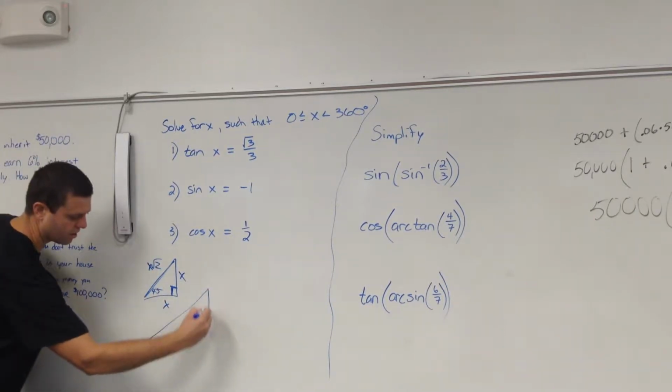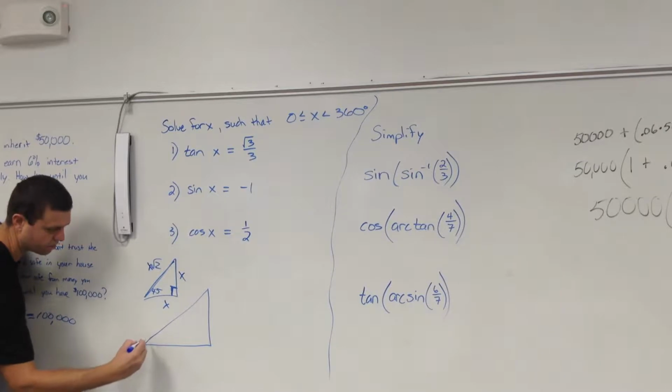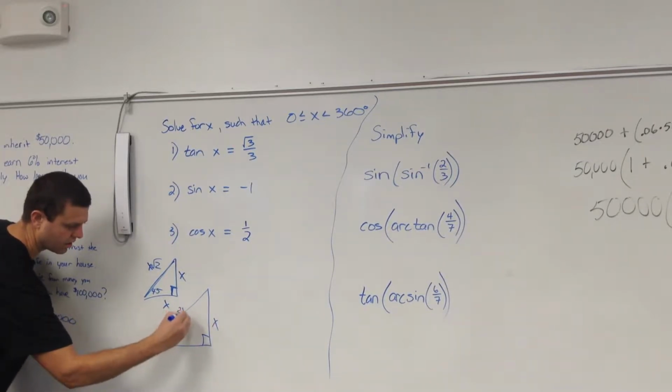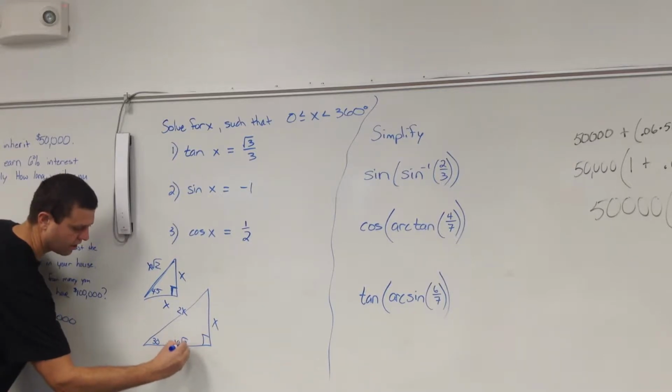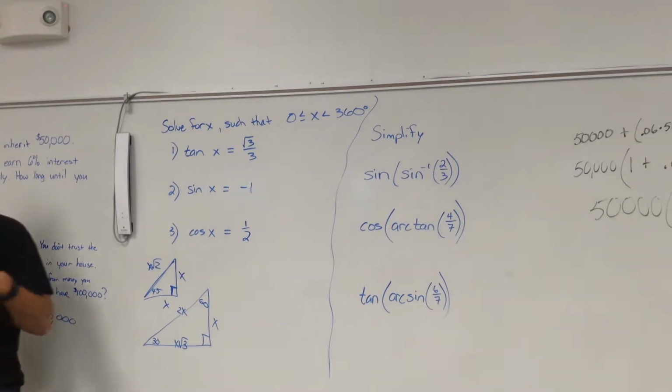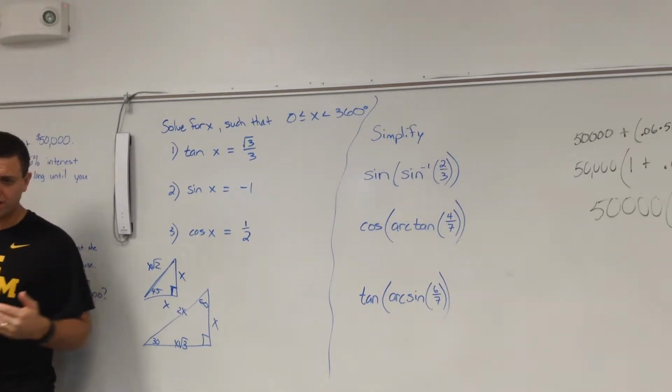And for the 30-60-90: x, 2x, and x radical 3. Okay? You kind of have to have those down, but if you do, most of these values are going to come pretty easy for you. So maybe we'll do just a quick review of what we memorized as far as 30s, 45s, and